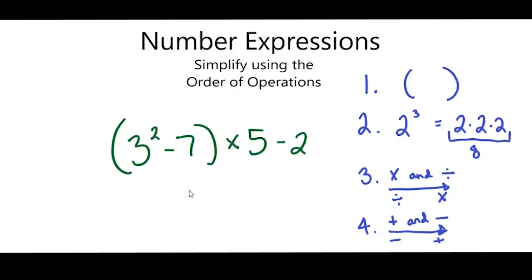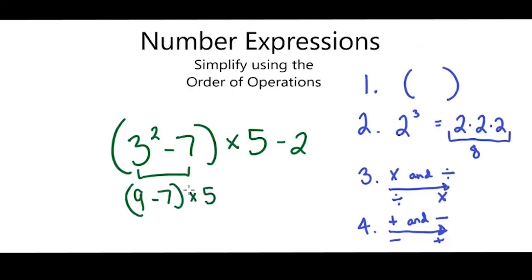So here I have in parentheses 3 to the second power minus 7 times 5 minus 2. So first thing I do is what's in parentheses. Well, inside of my parentheses, I now have 3 to the second power and subtraction. So what do I do first? I do the exponent inside the parentheses first. So that's 3 squared. So that's 3 times 3. That's 9. Now minus 7 in parentheses